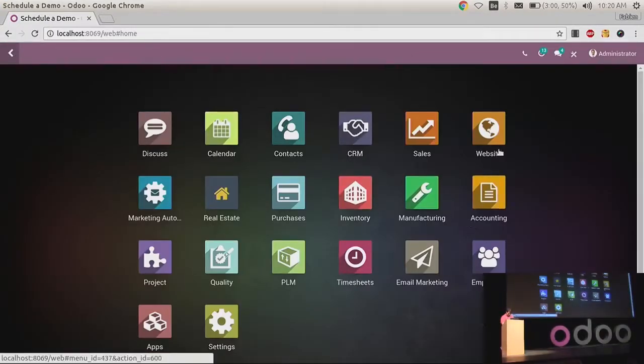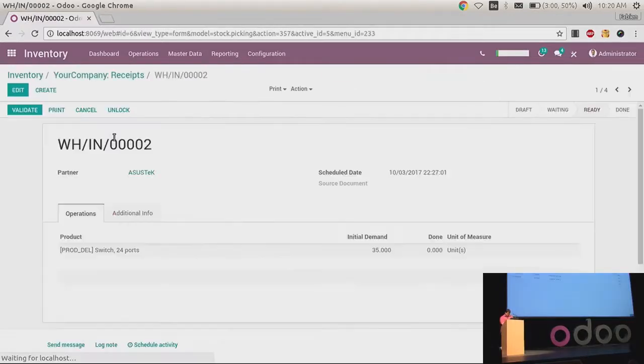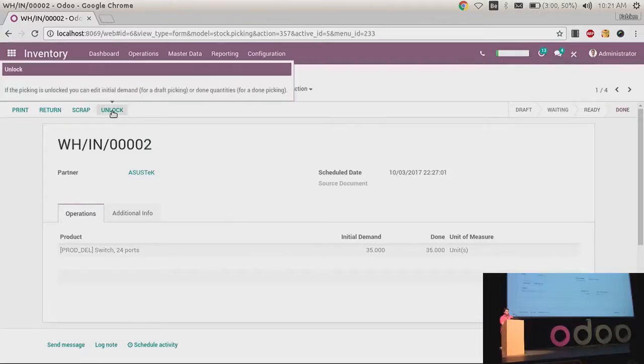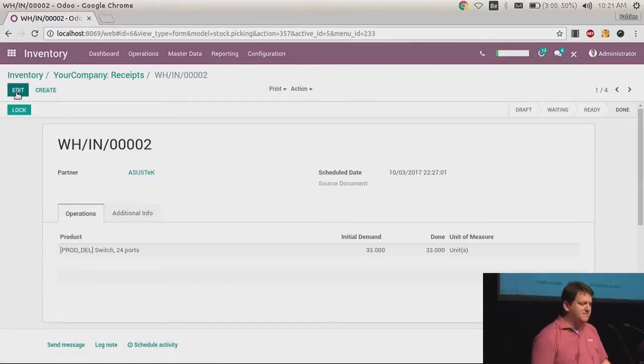So let's go to the inventory app. Let's say receive some products. And here I have 35. I received the 35. Oh, let's say I made a mistake. I have this unlock button, like on the sale order, if you have access right. And now I can edit the 35. Like this, and I put 33. It looks simple. It is simple. But